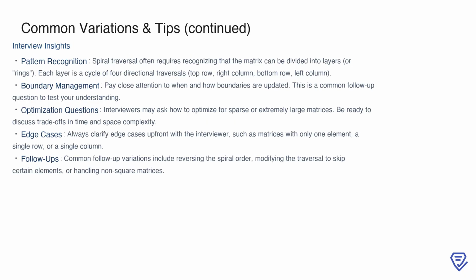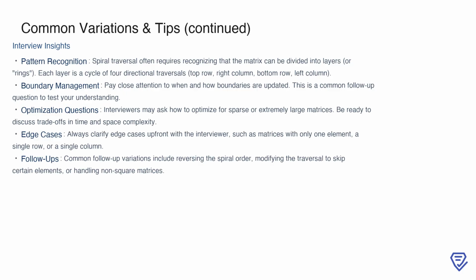To succeed in interviews, it's important to understand some key insights about the spiral matrix problem. Recognizing patterns is essential, as spiral traversal relies on dividing the matrix into layers or rings. Each layer involves a cycle of 4 directional movements, traversing the top row, the right column, the bottom row, and finally the left column. Managing boundaries correctly is another important skill, as interviewers often use this as a follow-up question